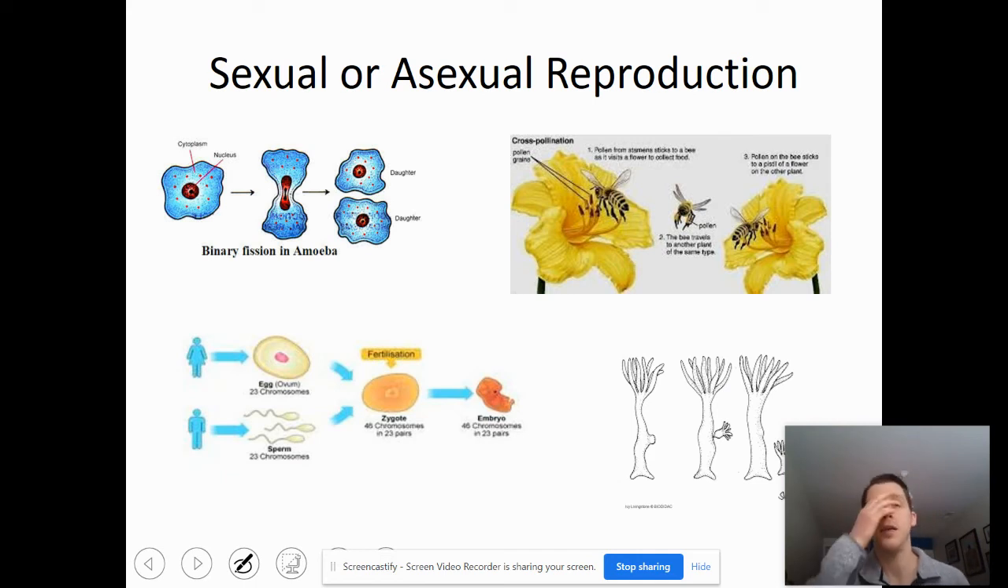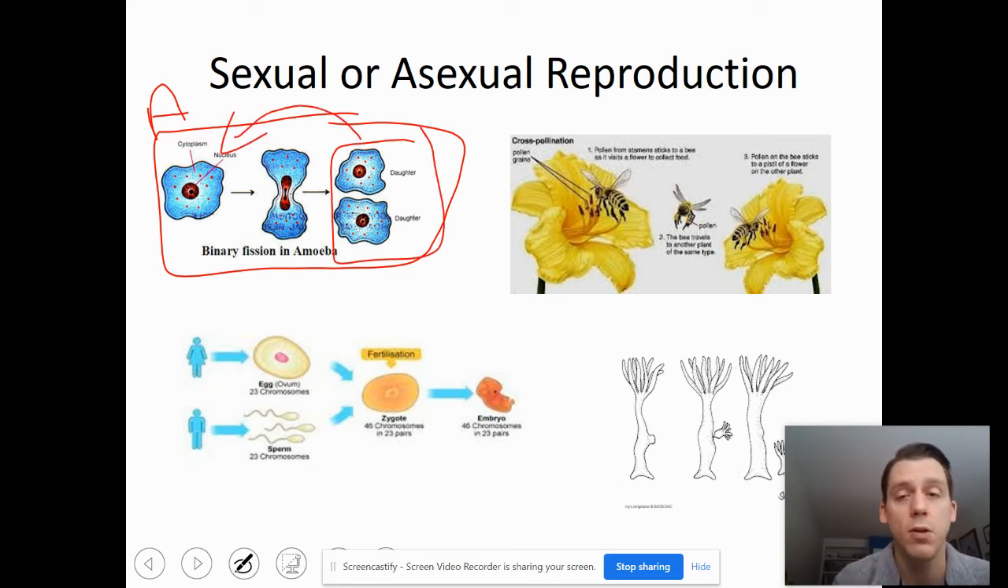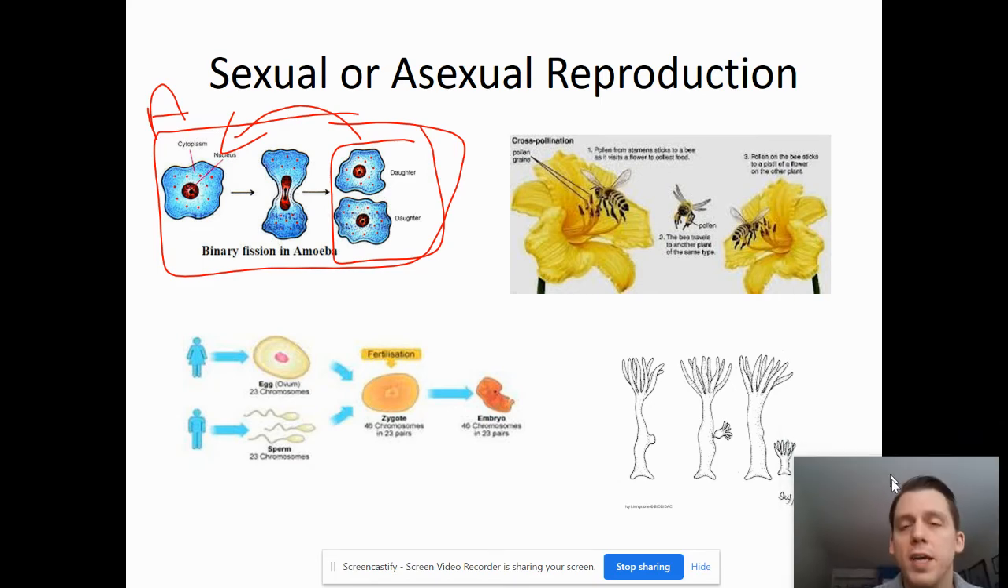So here is asexual reproduction. I'll label this with an A. This is an amoeba simply splitting in half, making two cloned cells. Each of these daughter cells is identical to the first cell. And over here, the bee